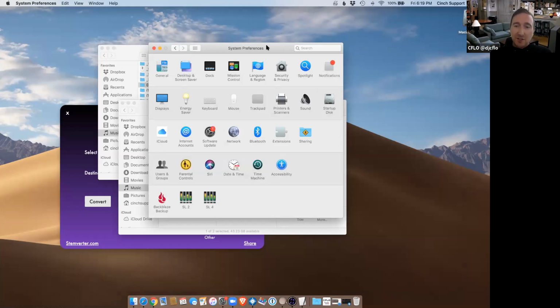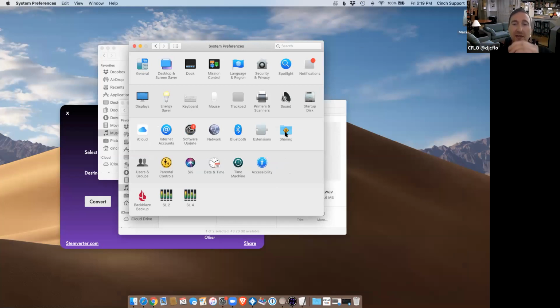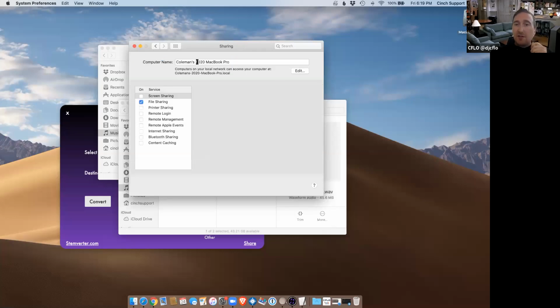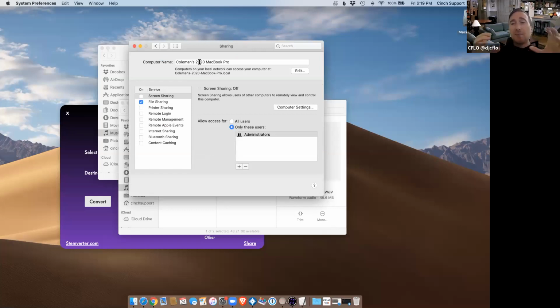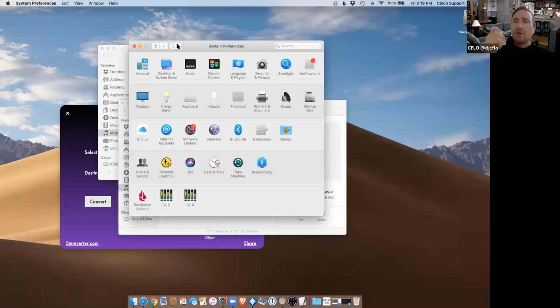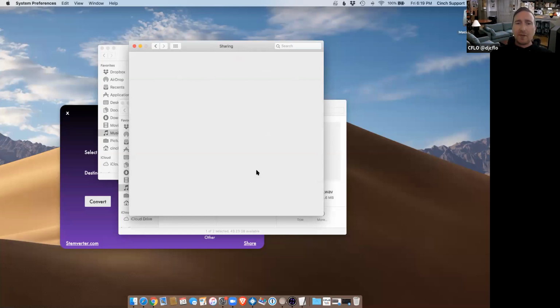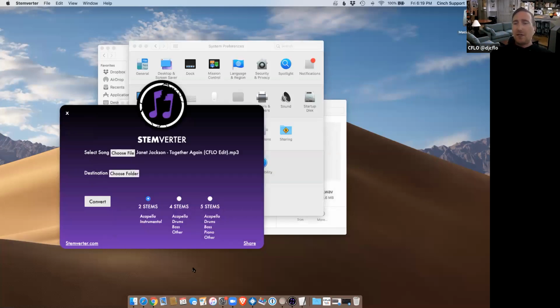The other thing I guess to mention is that it names your computer based off the name. Everyone should go in and check sharing, and you can name your computer. A lot of people who migrate their computers over and over, it just says MacBook Pro. That would get confusing. Time Machine looks at this name, so you want to name this something unique. Every time I change laptops or erase my computer, I change the name. That's why it says 2020. This is a 2015 MacBook Pro, but I put 2020 because I erased it in 2020. So that's where that setting is. It's the same as in general on iPhone where you can name your iPhone. It's the same exact thing, but for your Mac, it's kind of hard to find. It's in sharing.